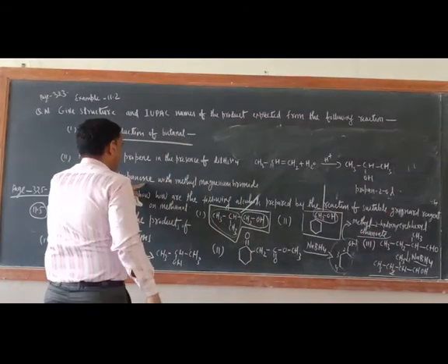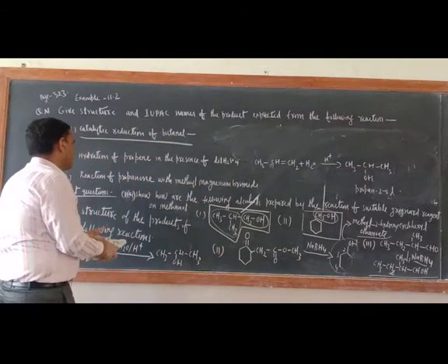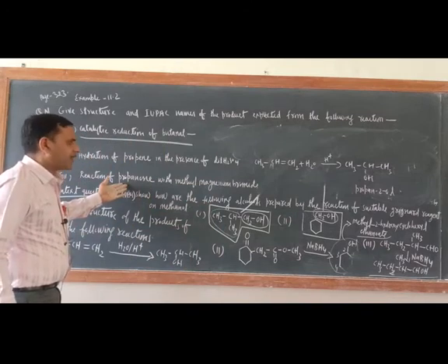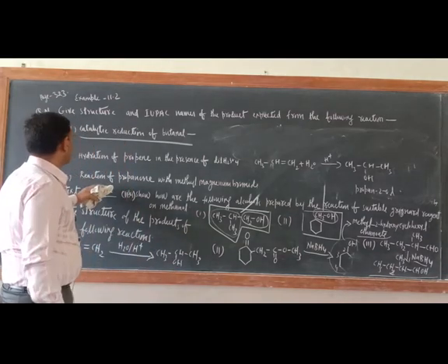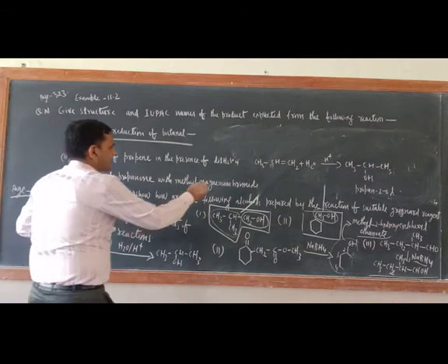Reaction of propanone with methyl magnesium bromide. Now do one thing, you have to write the acetone reaction. In the reaction of Grignard reagent with acetone, tertiary butyl alcohol will form. So I am not writing the reaction. Acha, one more is there, sorry, this is for the second one.